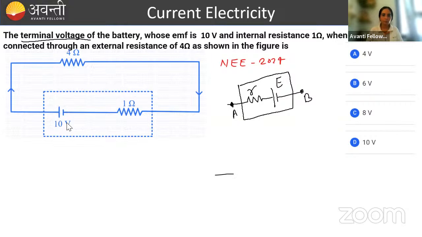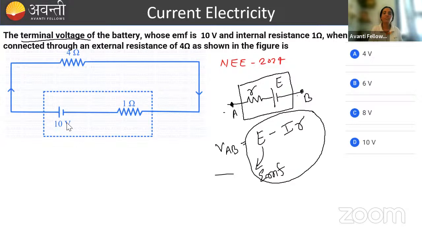Okay. So terminal voltage of the battery means potential difference between A and B here. Done. And it is written as what? You just remember this also. It is written as E minus IR. So if there is no current flowing through the battery, in that case, terminal voltage is equal to what? Terminal voltage is equal to the EMF of the battery. So EMF of the battery is E. Okay? And this whole is called potential difference of the battery or terminal voltage of the battery. So if there is no current,